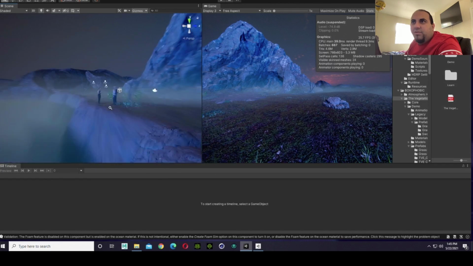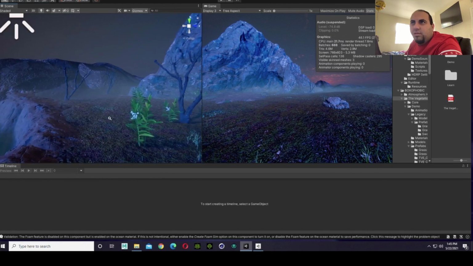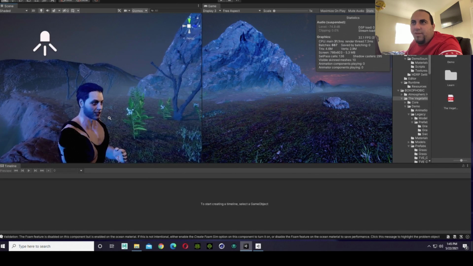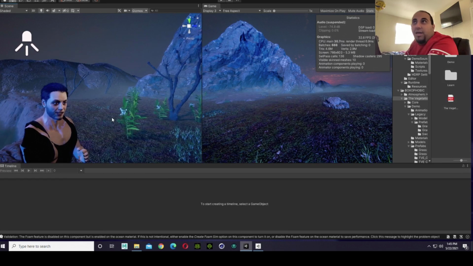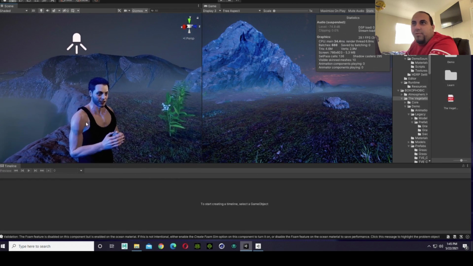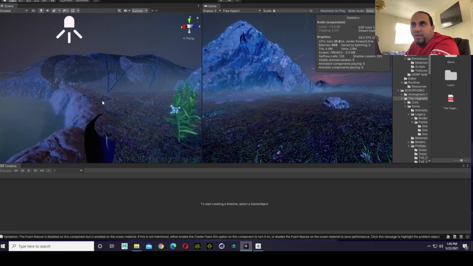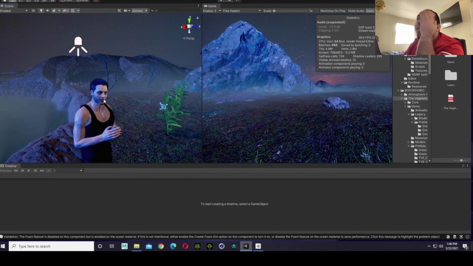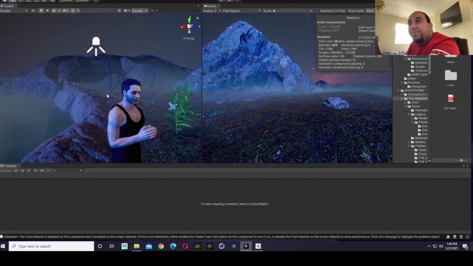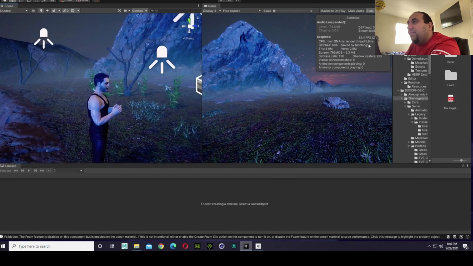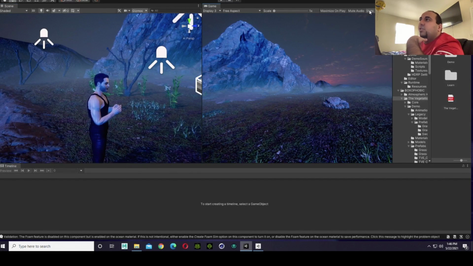Okay, for some reason, I don't know, this is weird. I'm not able to see his face from too close up. I don't know what I messed up. I did mess up something, because you see I'm getting into his face. Oh, I think it's related to the camera lenses that I tweaked. Anyways, I'm going to look into it, but I'm getting 50 frames per second, which is not too shabby, not too bad,